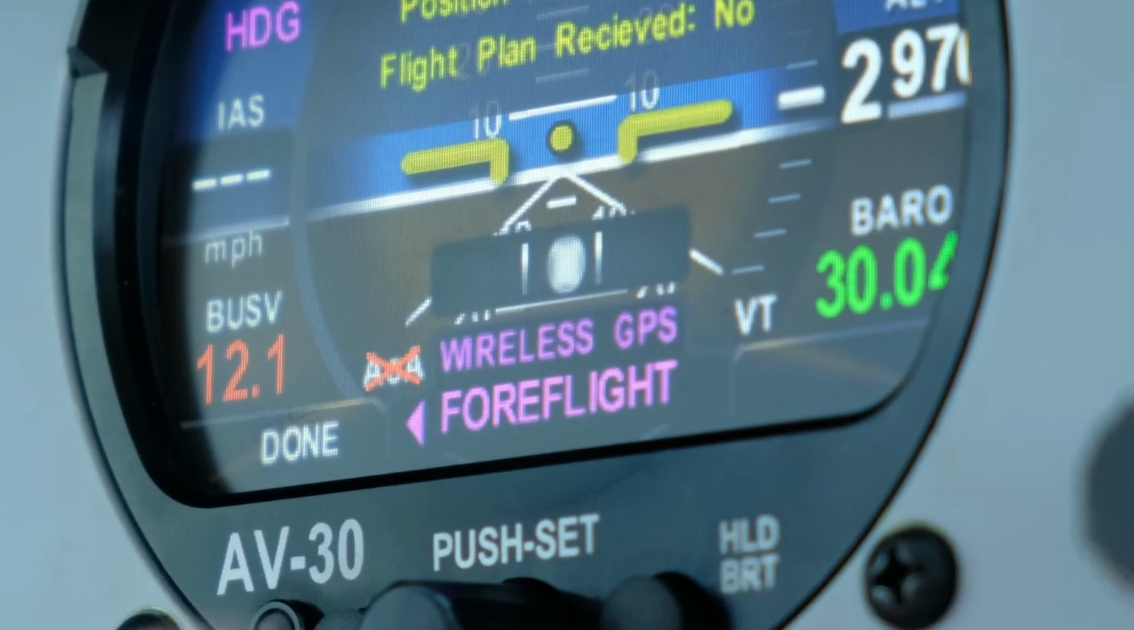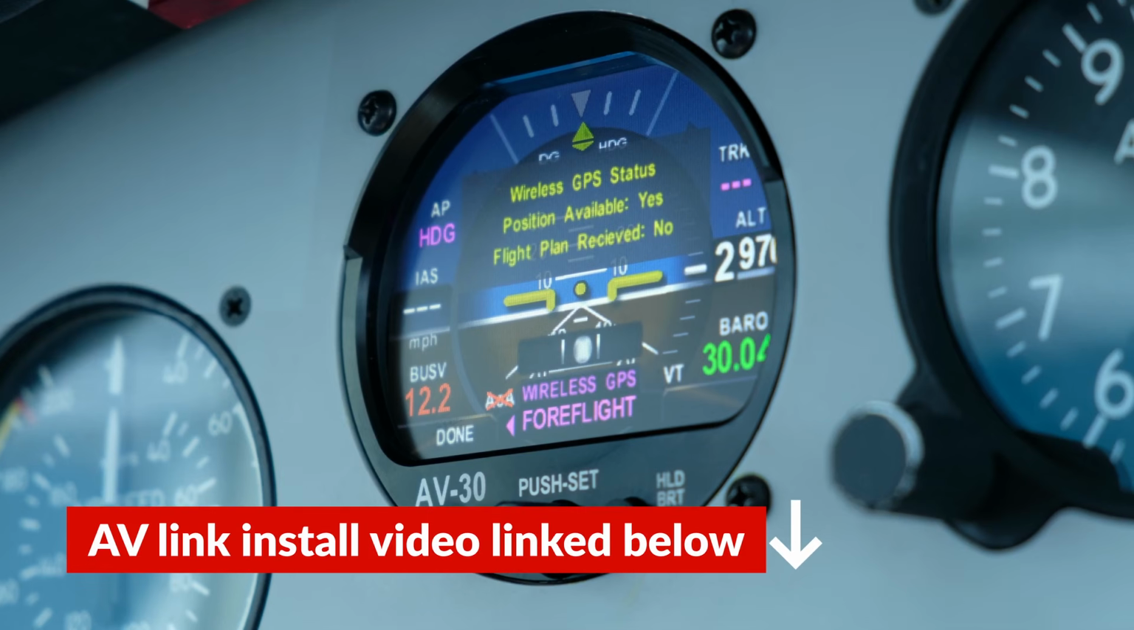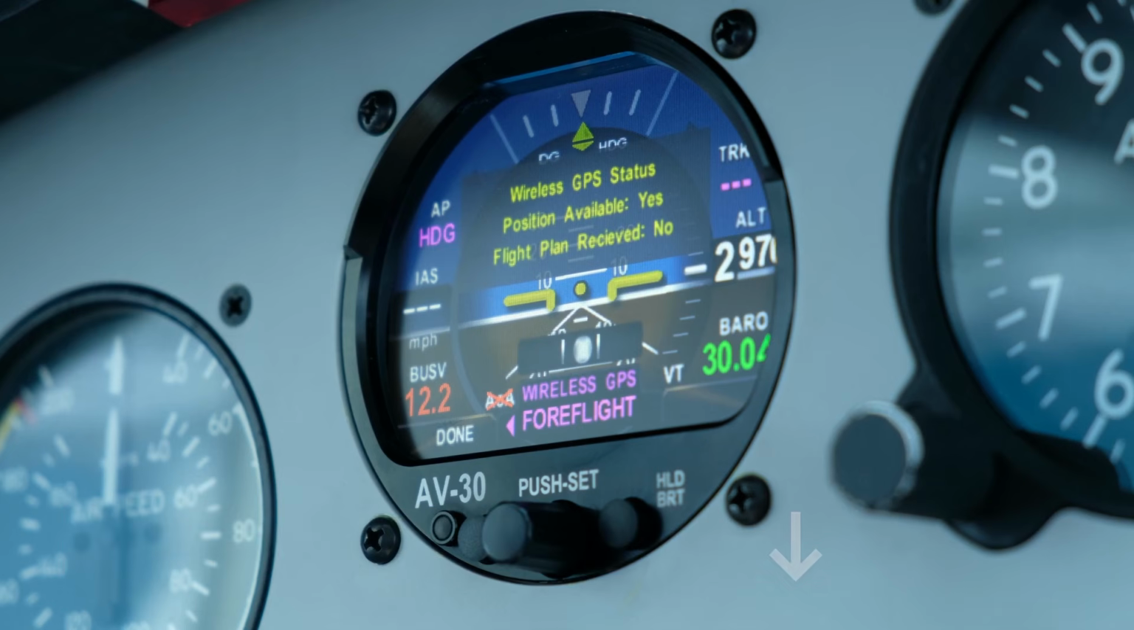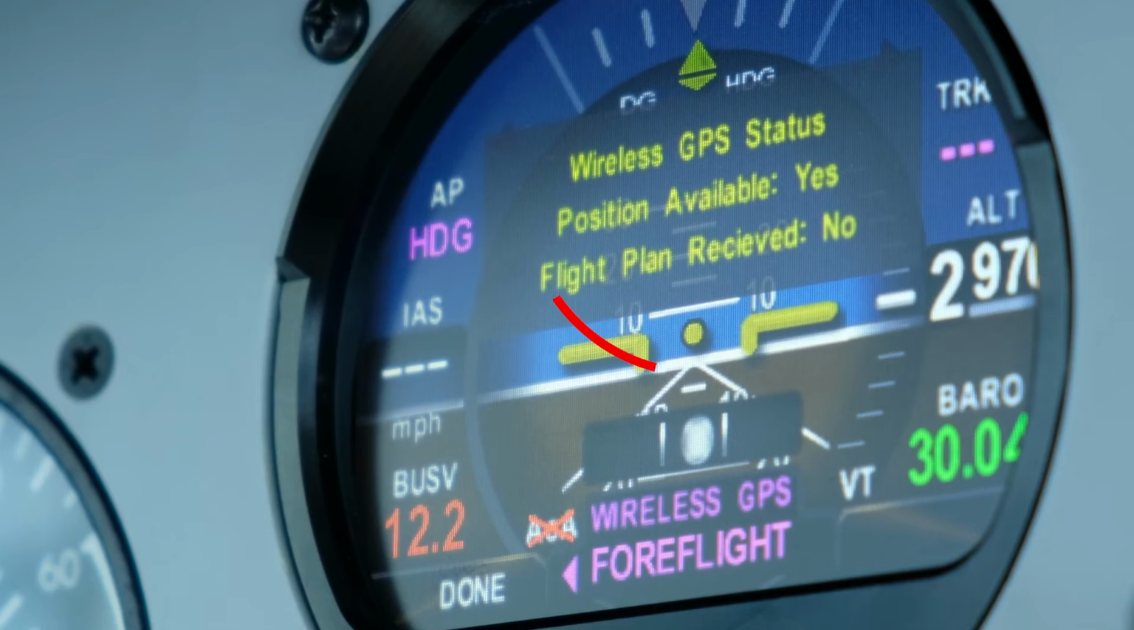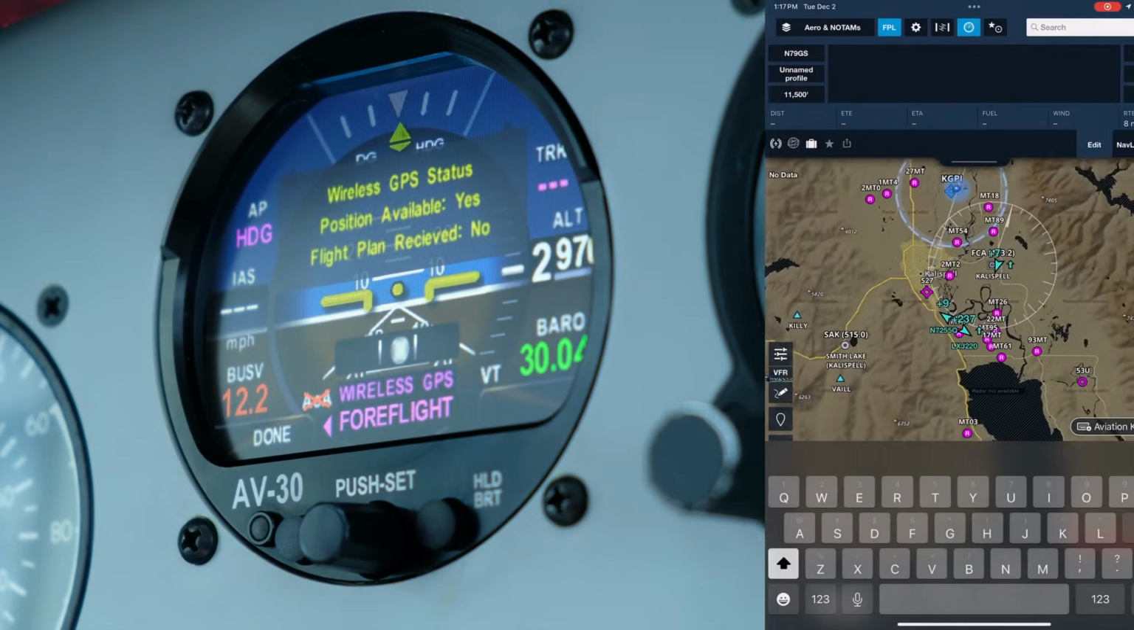If you have not enabled the AV-Link in the Install menu, it will be grayed out. We will link the video about setting up the AV-Link below. Once enabled, you will see a pop-up box that will list the current status of the position and the flight plan source. So I'm going to go ahead and go on ForeFlight on my iPad right now, and I'm going